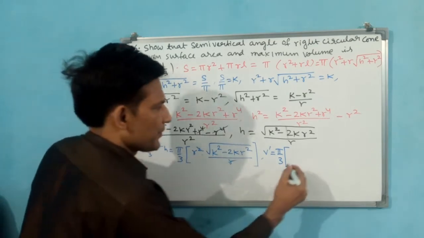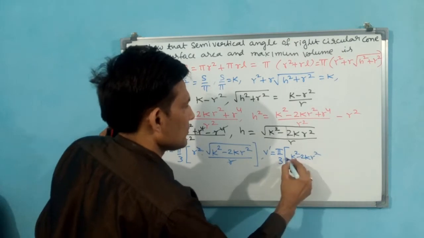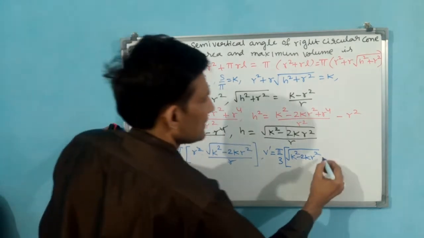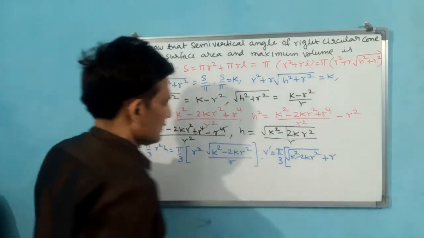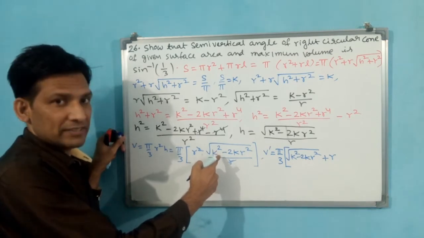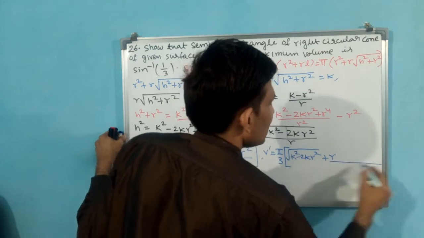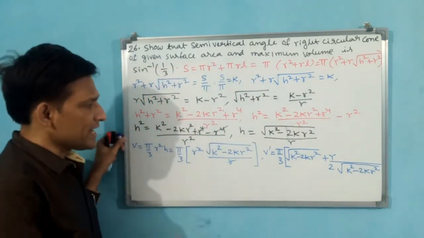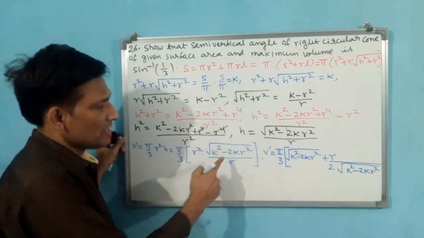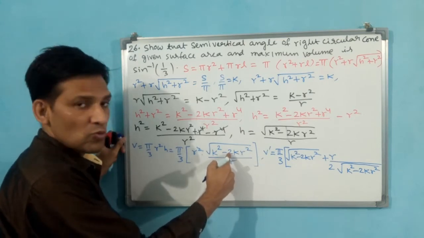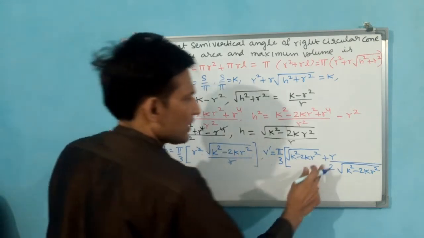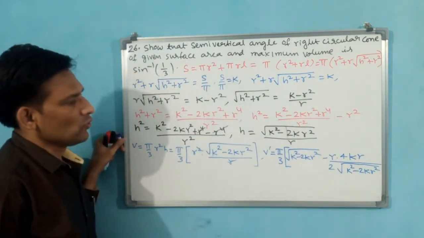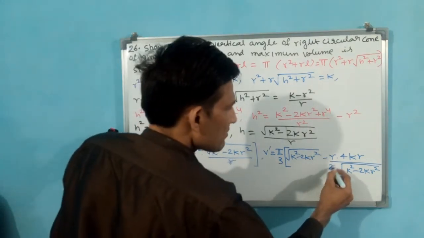v, d by dr of r, one only, I need not write again, plus u, derivation of root x, 1 by 2 root x, over, again d by dx of k square into this, k square is constant, but here 2 square means 2r will come, 2r into 2k, 4kr, but minus is there, minus 4kr. Here I am cancelling 2 with 2.